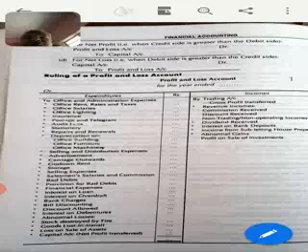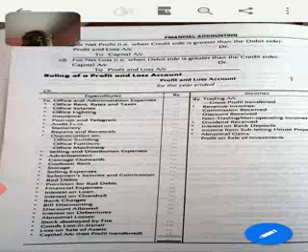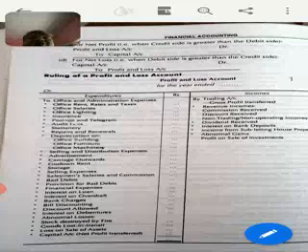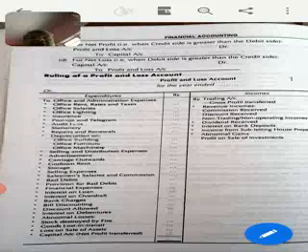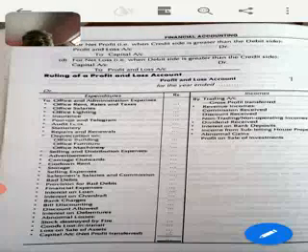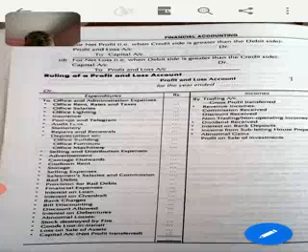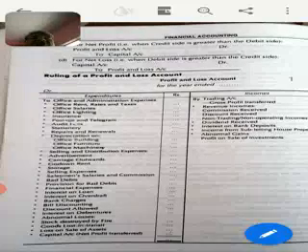Office and administration expenses will come, then selling and distribution expenses, then financial expenses, and on the credit side we'll write the gross profit that will come from trading account and other operating and non-operating income. If the credit side is higher, we will have net profit, and if the debit side is higher, we will have net loss. Here also the same rule will apply for all adjustment entries like prepaid, outstanding, income received in advance, and accrued income.